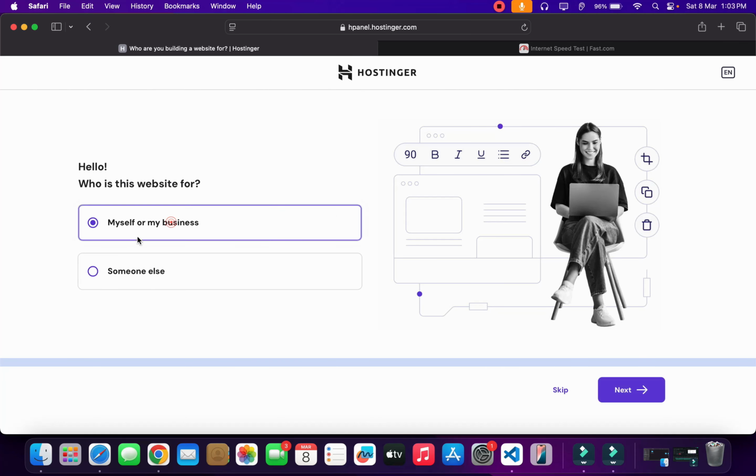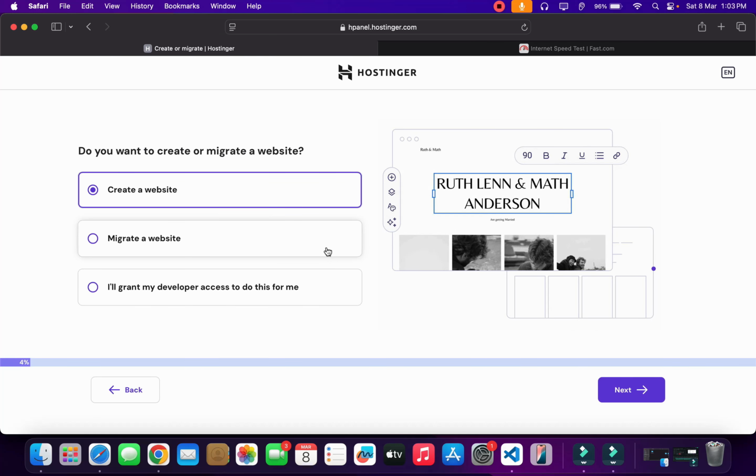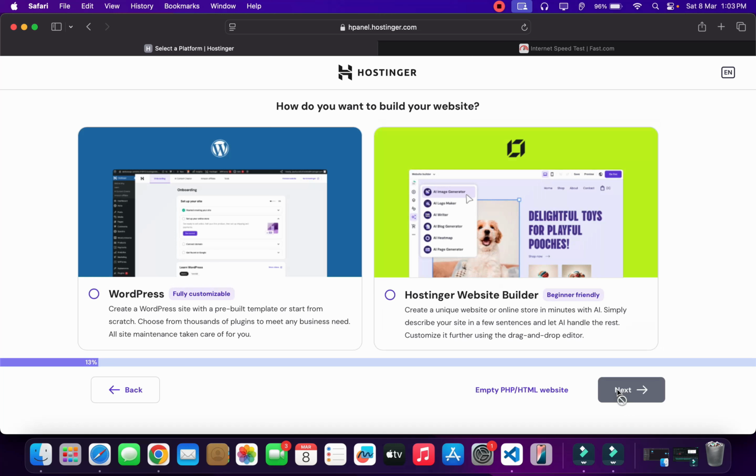You can simply select my business and click on next, and it will ask you a couple of things: how you want to create, like migrate a website, grant access to a developer to do it for me, or you can simply go to this task. It will ask you to pick different providers, like if you want to use hosting or a website builder, or you can do anything. So what I will do, I'll simply come back here and open a new tab,